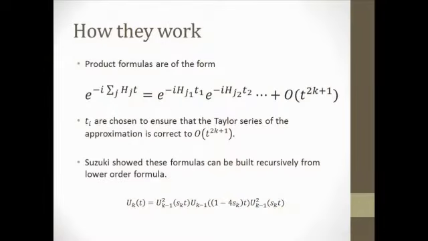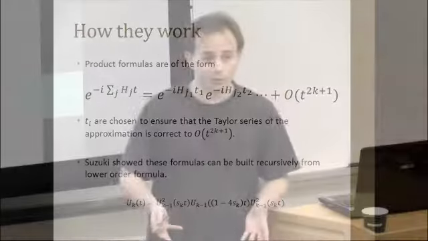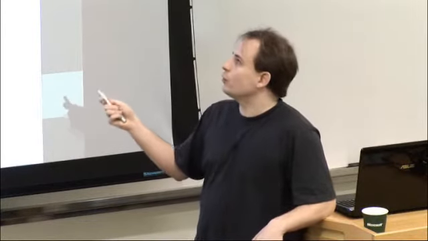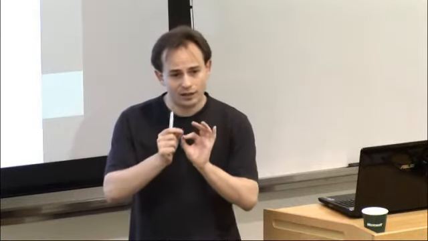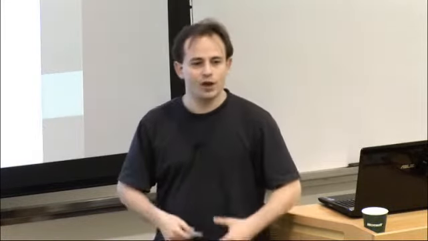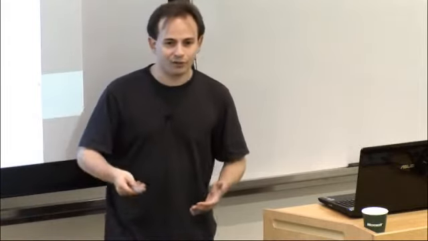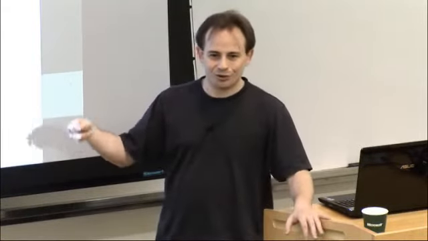So the basic intuition for how you generate these high-order Trotter formulas is like this. Say you have your time evolution operator, and what you want to do is write this as a product of elementary time evolutions that you can actually carry out. And you want to choose the times for these elementary evolutions so that you reconstruct the Taylor series of the actual time evolution operator within some pre-prescribed error. This is actually a hard task, to find all of these different times that are necessary in order to reconstruct the Taylor series. So there's a cottage industry in numerical analysis for finding different times in order to do this.